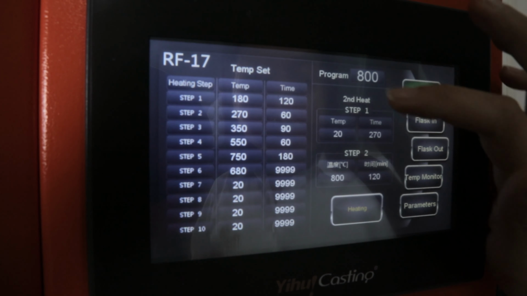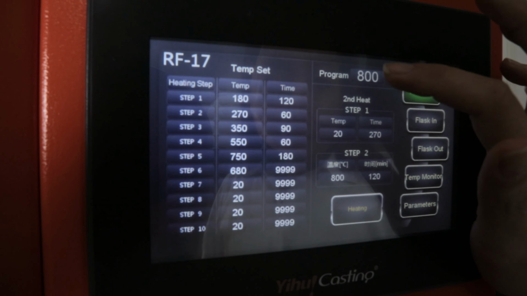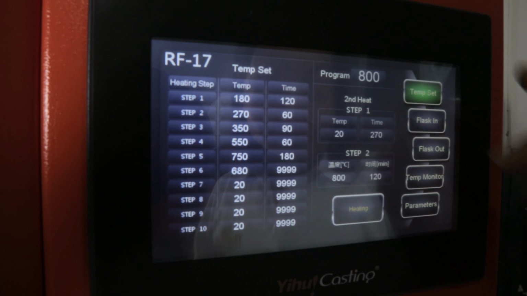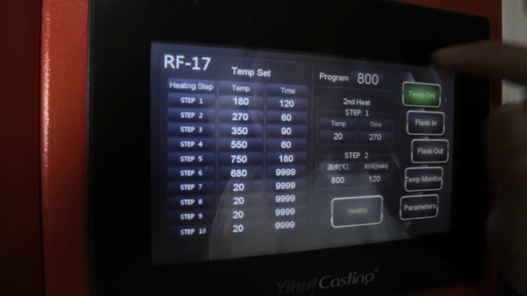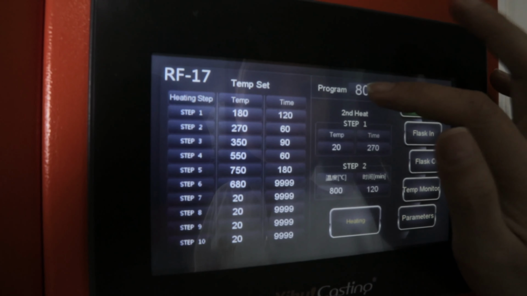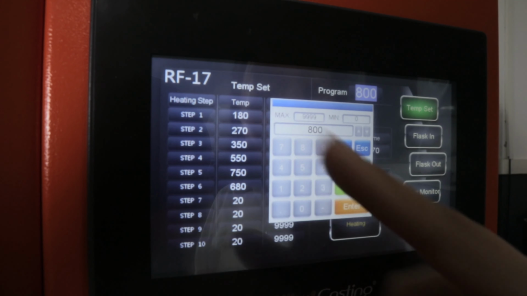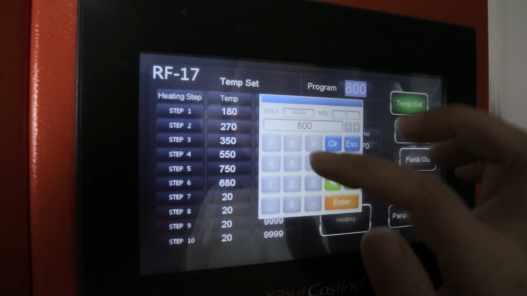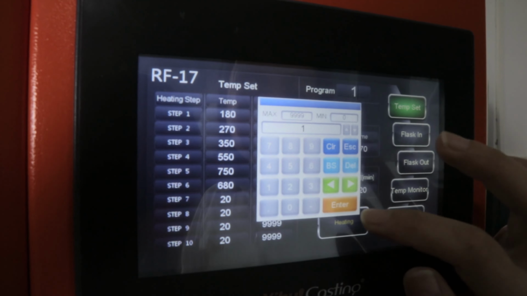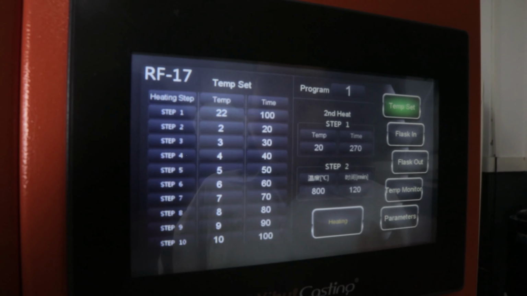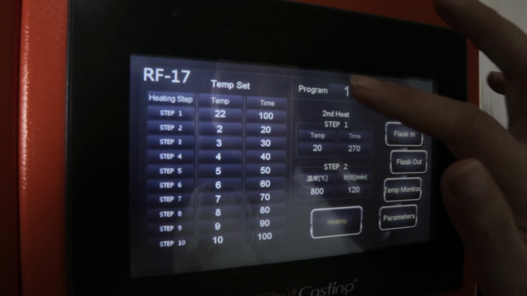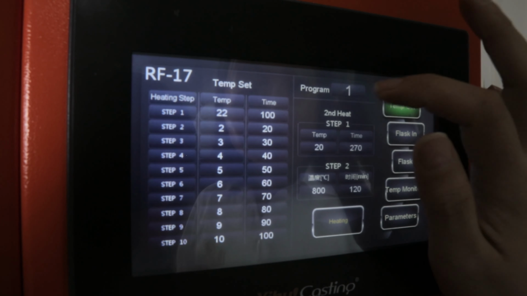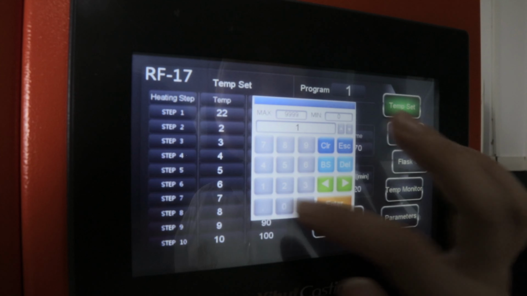And here is the program. Actually, in this machine we have 1,000 different programs. You can set 1,000 different programs. For example, this flask setting we want to set as program 1. So we just put program 1 like this. If you have one already, maybe you want to put this program number as 10. So we just press and input